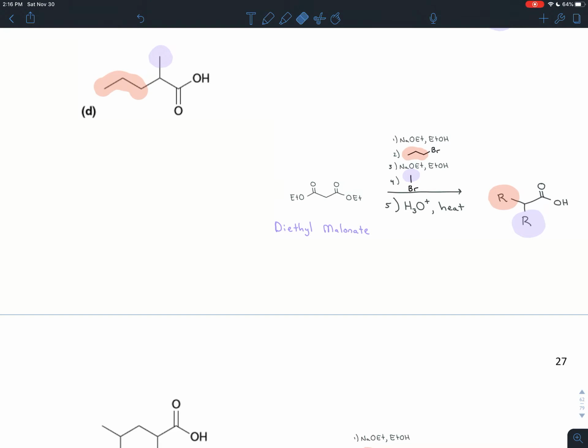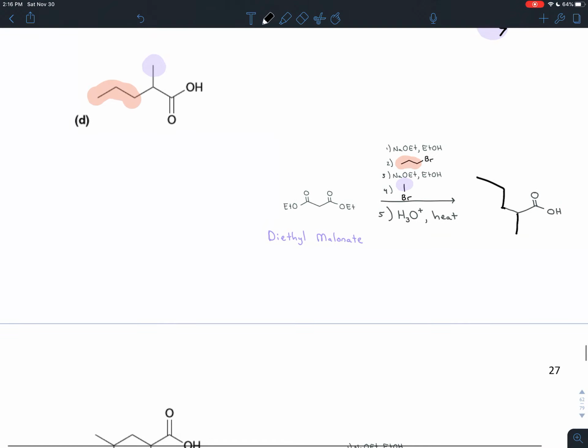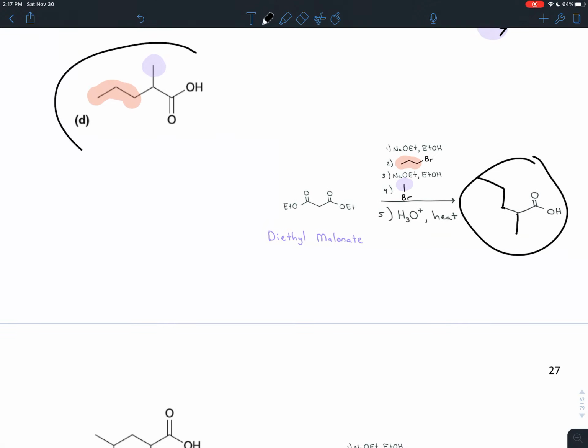And so you'll notice, if you fill those in, we'll replace the R groups with what we have. We have a propyl group, so 1, 2, 3. And then on the other one, we just have a methyl group, so 1. And you'll notice that that is the same molecule as the one we have up here. You have the propyl group in orange, the methyl group in purple, and then the alpha carbon and the carboxylic